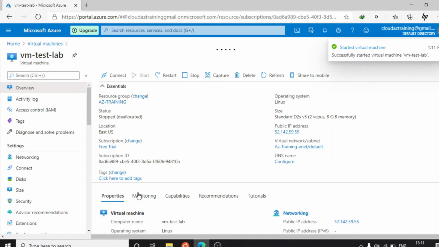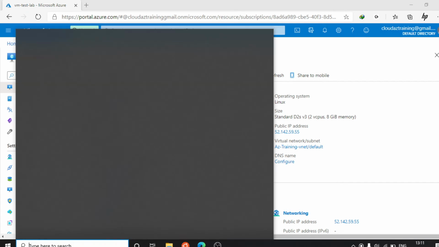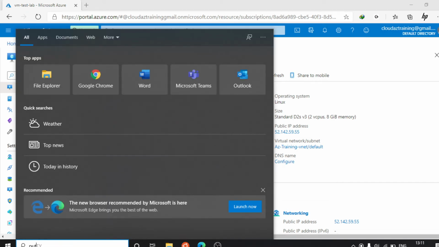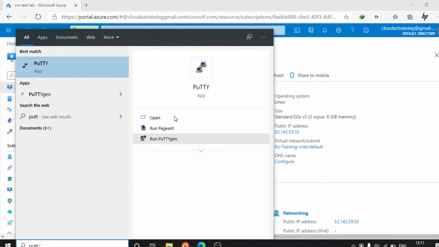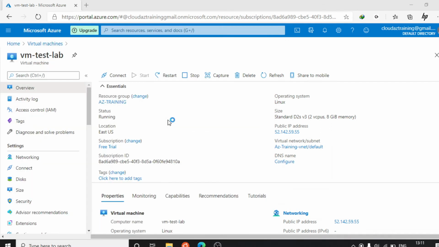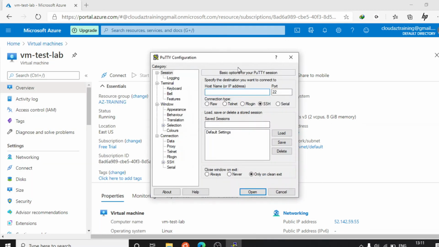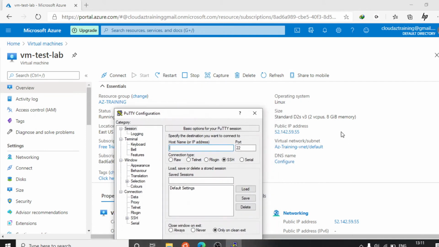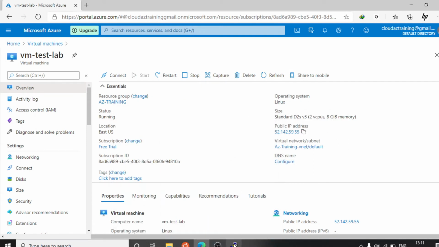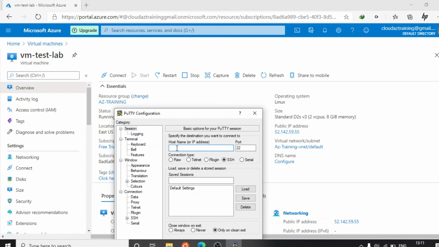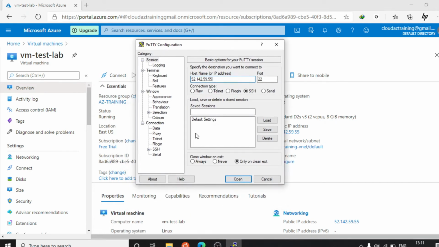I'm going to open PuTTY. Copy the public IP and paste it, and just try to log in.